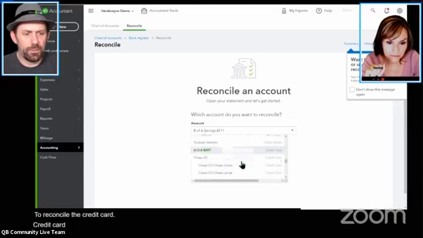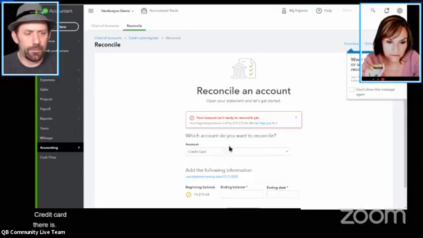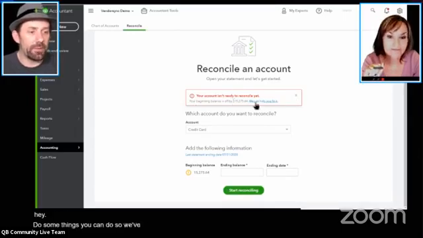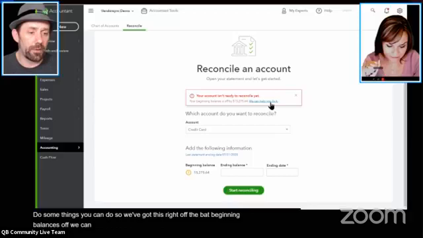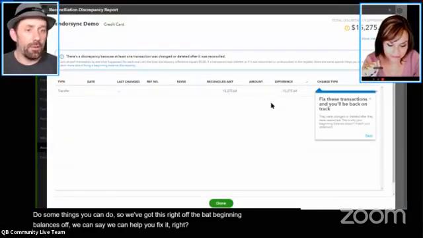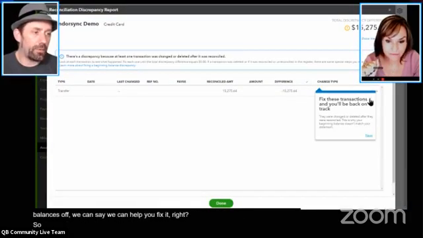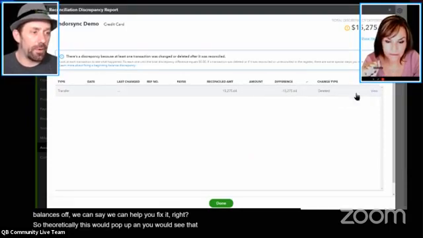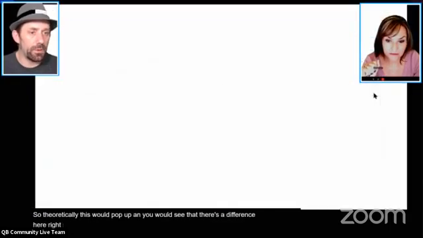Oh, there it is. Okay. If somebody deleted something, you can go in there. So we've got this right off the bat, beginning balance is off. We can help you fix it, right? So theoretically, this would pop up and you would see that there's a difference here, right? You can see something was deleted.